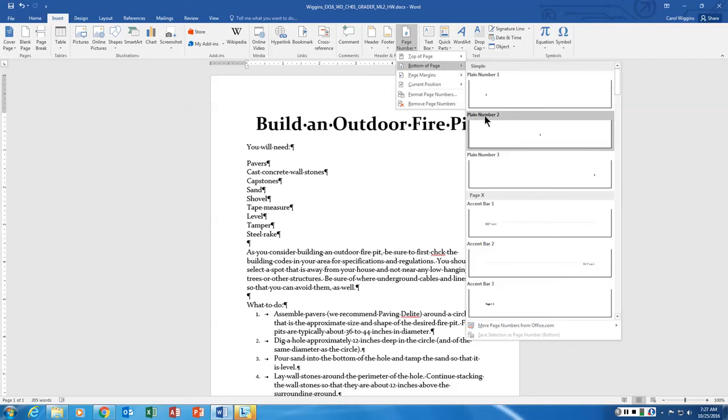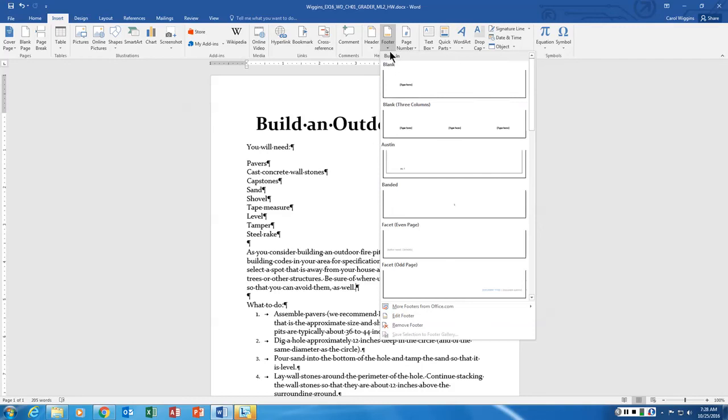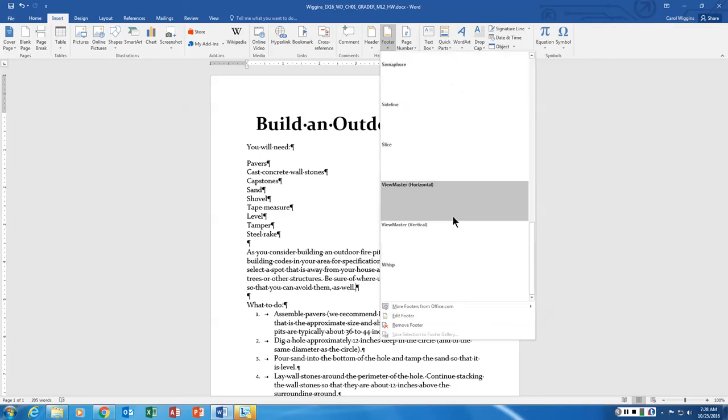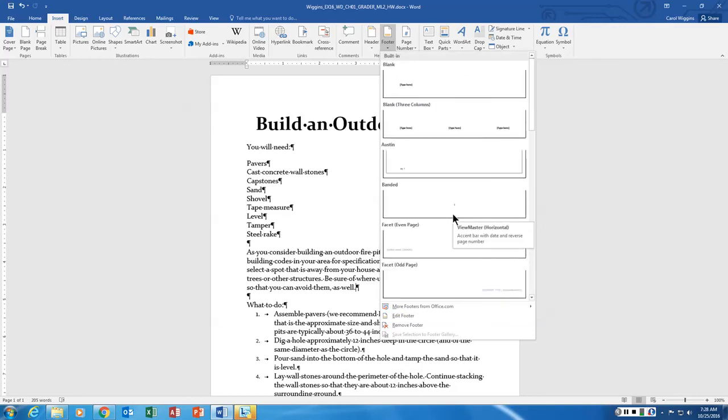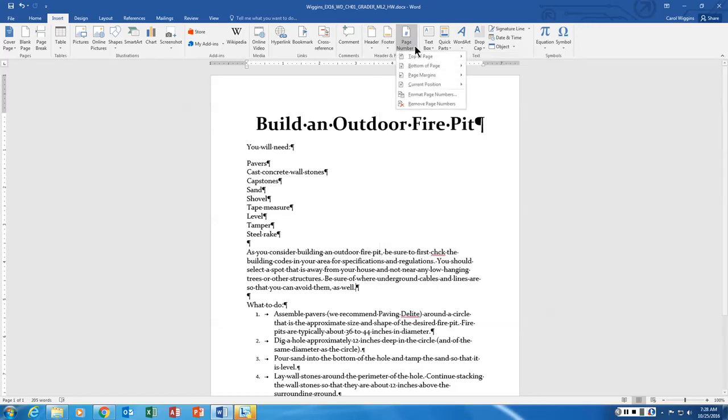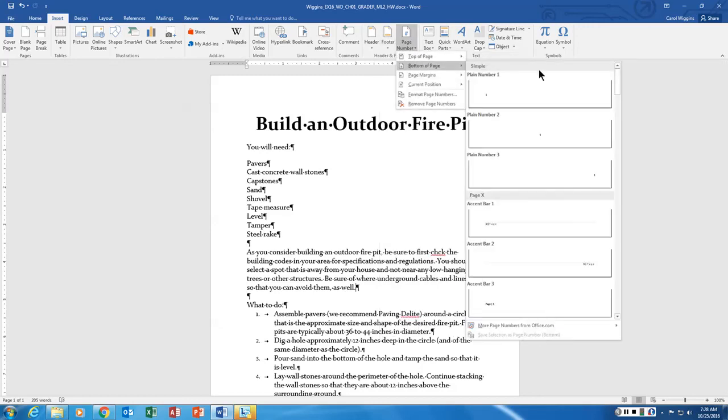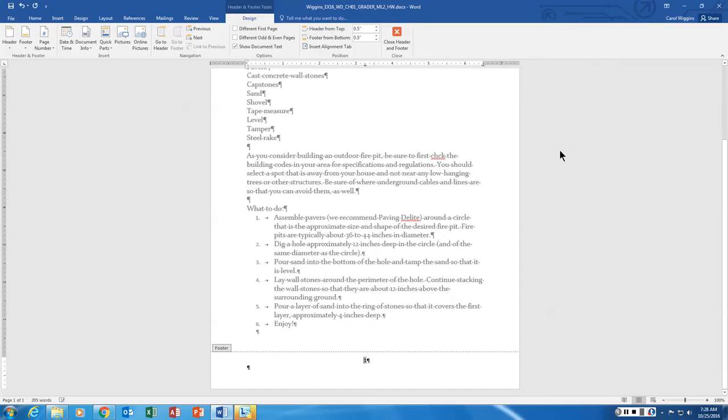So you need to, it's going to be explicit in what you need or what it's asking for. So in this case, it's asking for plain number 2. If you go to the footer here, you're going to see there is no plain number 2. So that means that should be your first clue that you're in the wrong spot. So we're going to go to page number, bottom of page, plain number 2. And you'll see it puts it in the bottom of the page. And when we have a second page and a third page, you will see how that page number